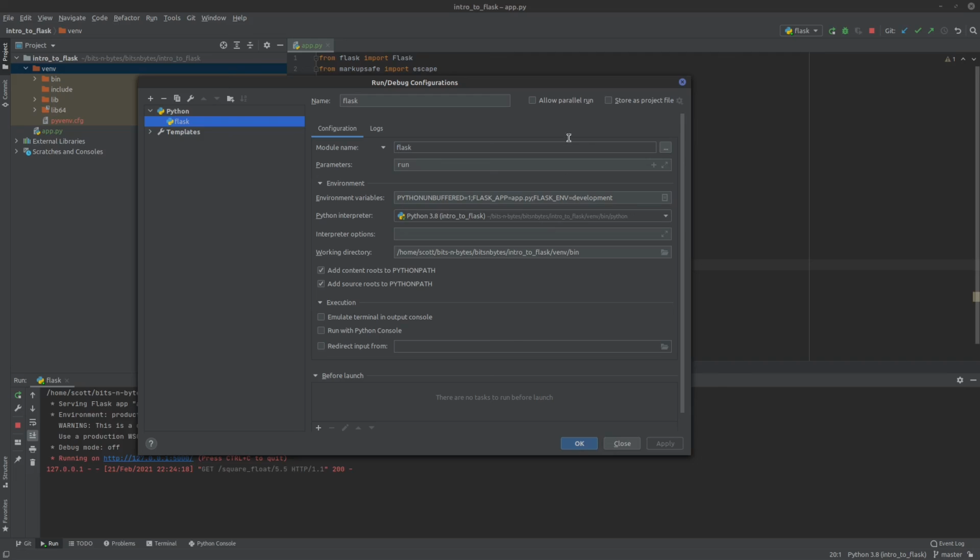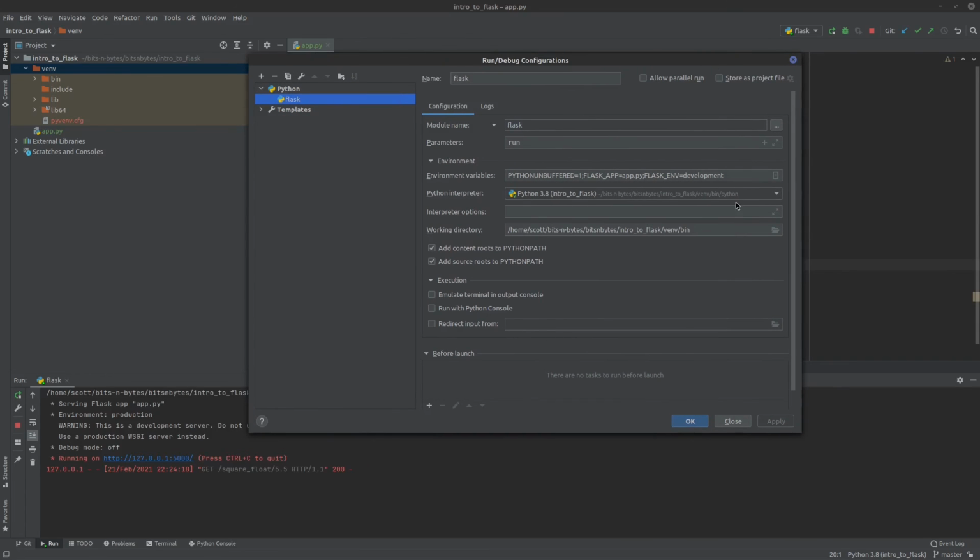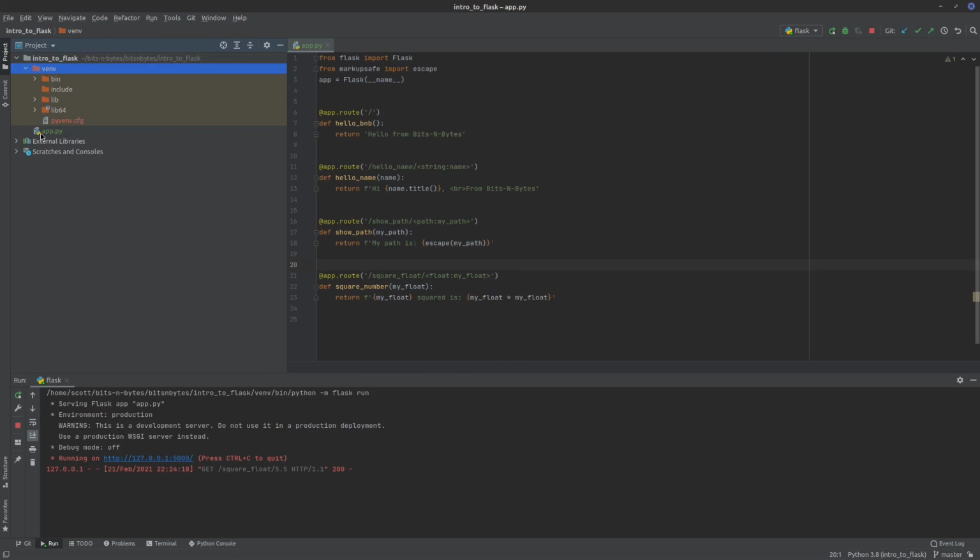So I think that just wasn't catching. So now when we start it and we create a new one, it should restart automatically. I shouldn't have to click up here to restart it. I should have caught that earlier, but okay. So we set the Flask environment to development, because if you're running in production mode, the debugger is disabled, and the debugger is what kicks in that auto restart mode. So we'll click OK on that, and you can look over here. You can see all of our virtual environment stuff.